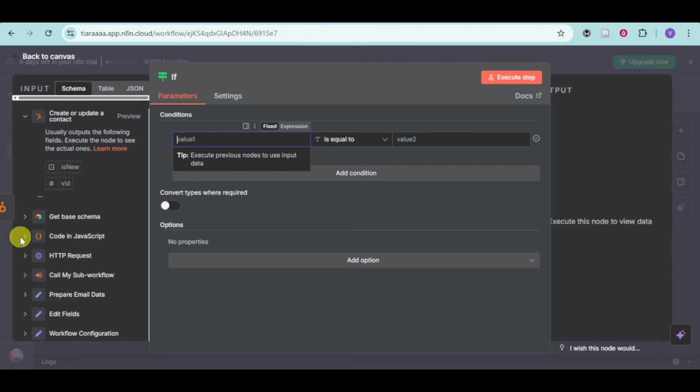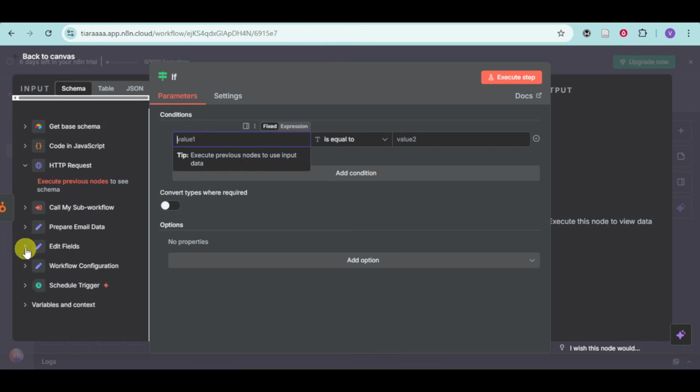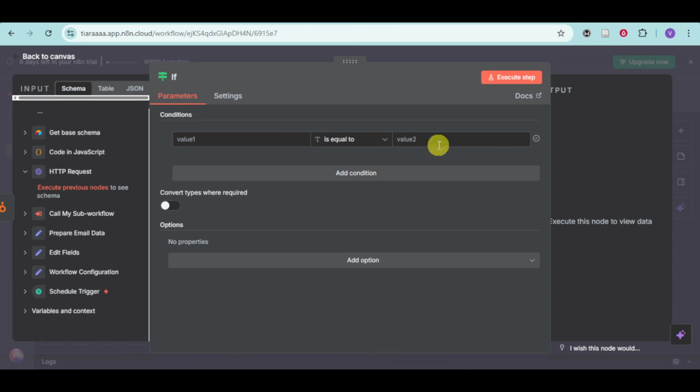So for example, let's choose a value from our HTTP node. You can add that right here to a particular value as well as expand it right here for the actual field. You can execute it depending on this and actually input right your previous node that will have that option.